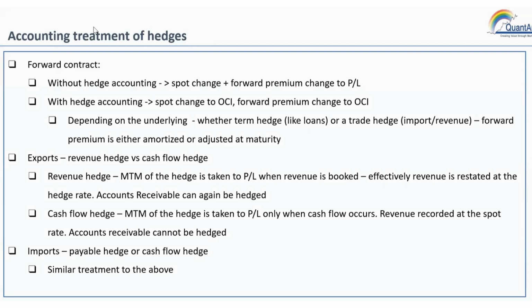In one case, the impact of the hedge will be directly felt in the top line, either revenue or cost of goods sold. In the other case, the impact of the hedging will be felt in other income, FX gain loss. So the line items also will differ depending on which hedge relationship you decide to go for. These are all the aspects that we want to understand before we venture into hedge accounting. And of course, option